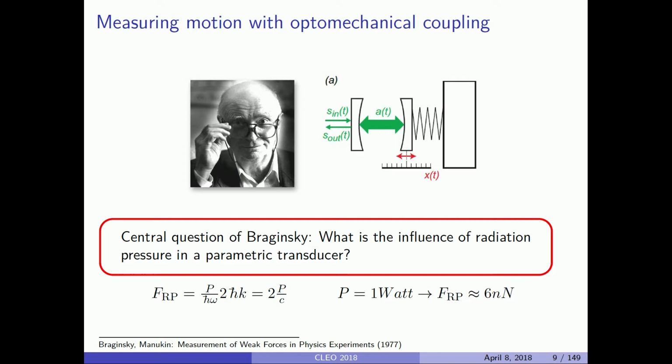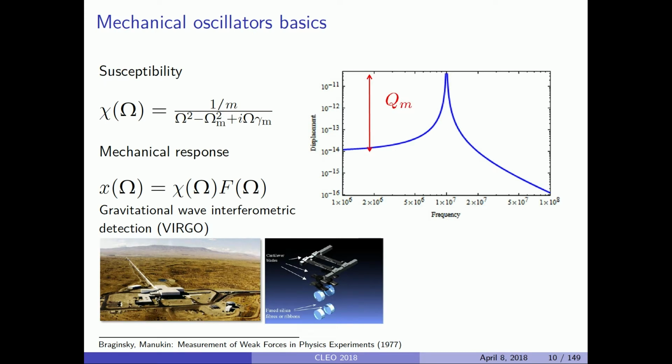It's a parametric transducer. You have an optical kind of mirror. It's coupled to the optical cavity field A, and you have some input and some output fields. And I'll give a little bit of a description of the input-output coupling. So, again, in the case of gravitational wave detection, let me just mention the mechanical mirrors that are